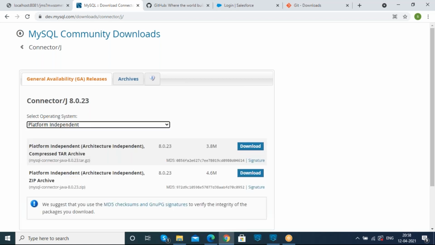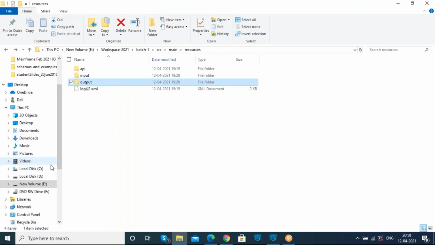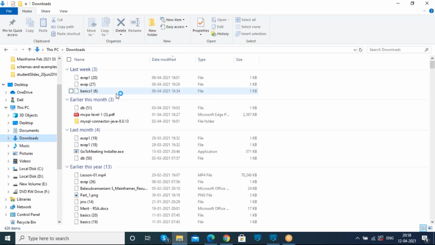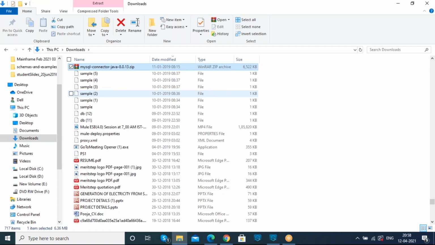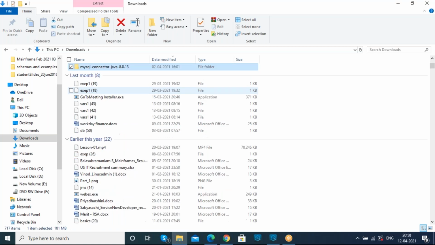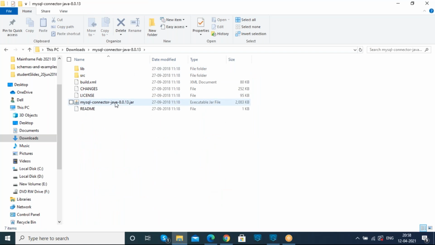So I will choose the platform independent option, and I just need to download this zip file. After downloading the zip file, we need to extract it. So this is the file, and this is the jar file which we need to use.